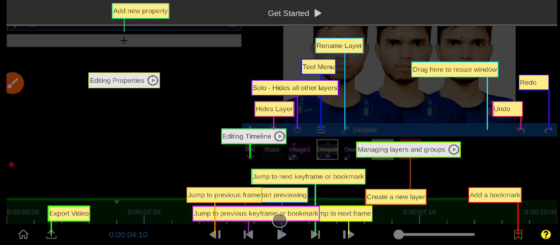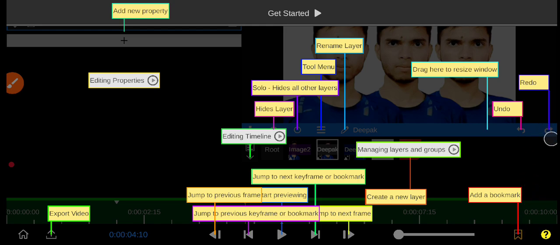Frame rate, frame start previewing one by one. Okay, one by one. Okay, clear? What else? The name of this is add a bookmark, and the name of this is undo, and